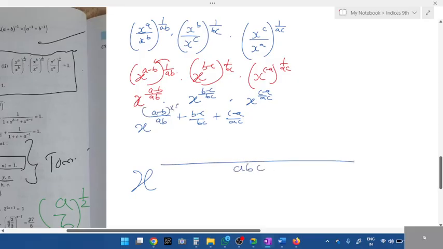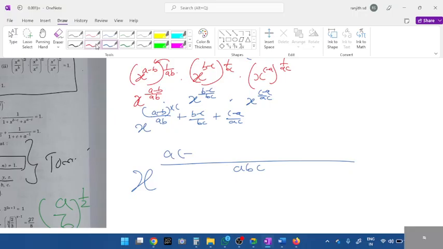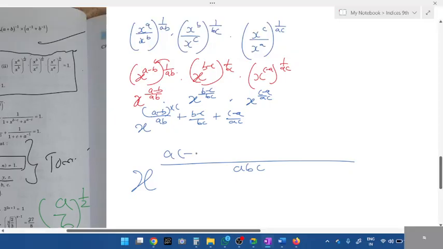Multiply by C. When you open the bracket, you get ac minus bc plus, what is missing in the second one? Multiply a numerator. When you open the bracket, ab minus,